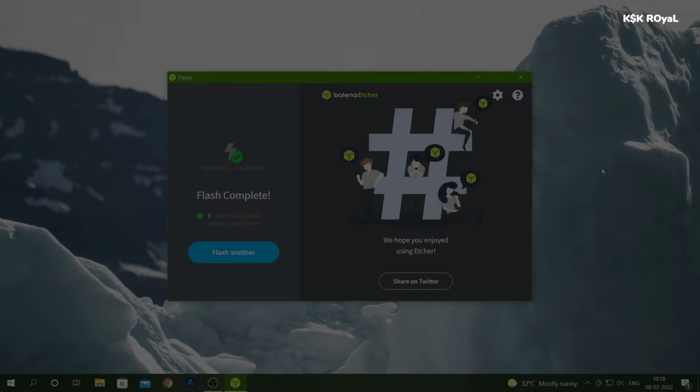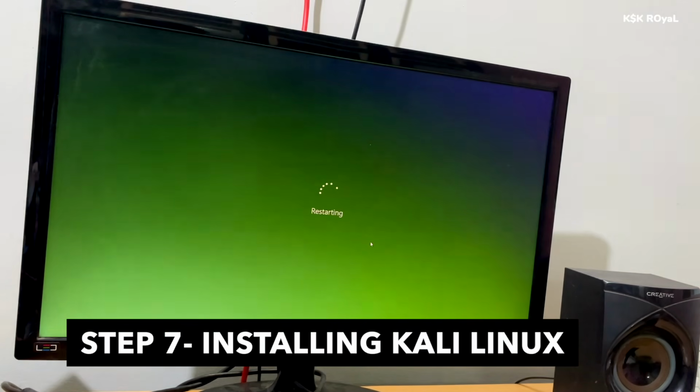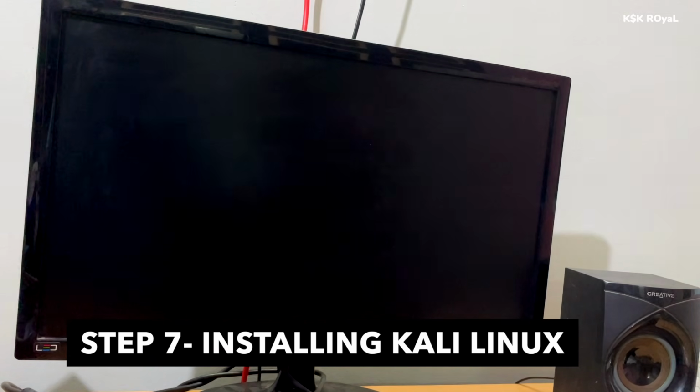Once it's done, now restart the computer. Now while it's restarting, press Escape or F2 or F10 or F12 on your keyboard to launch the boot menu.